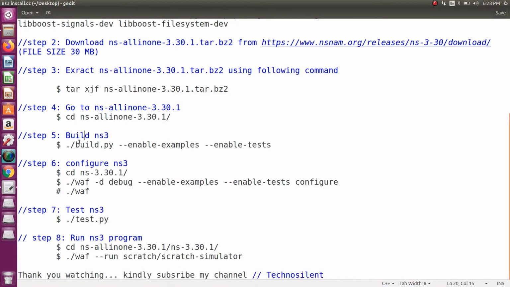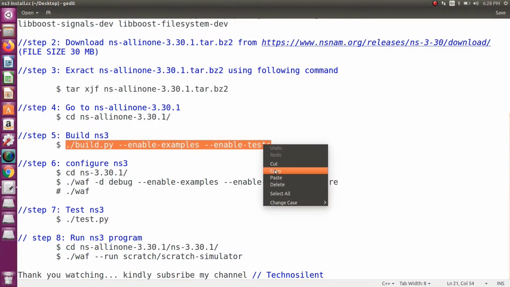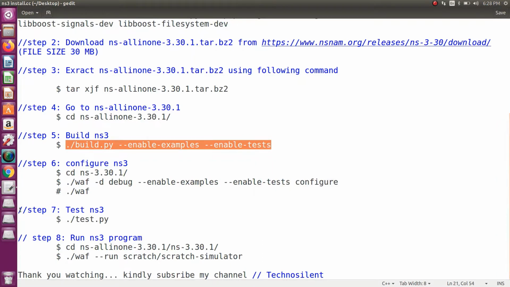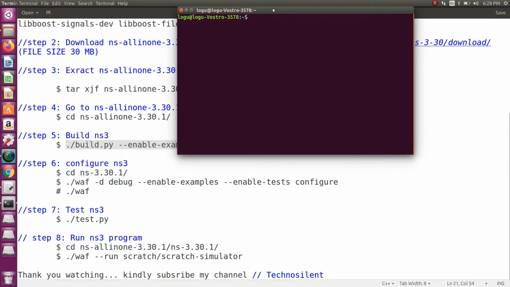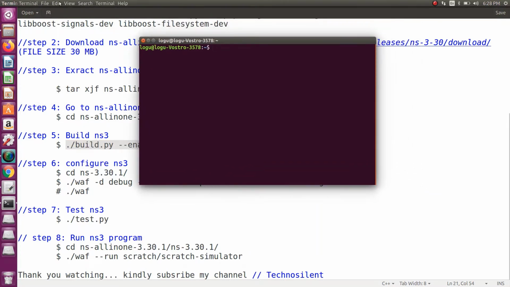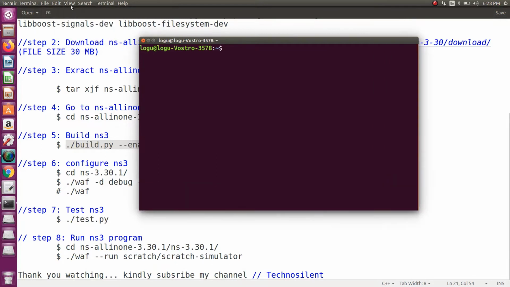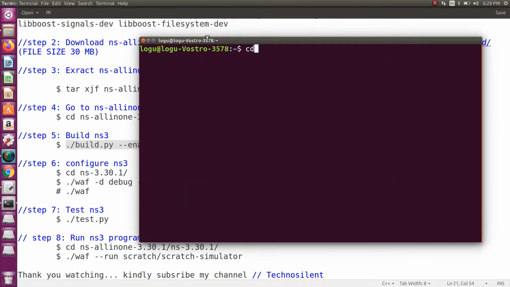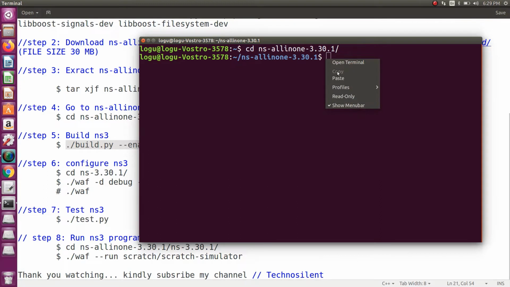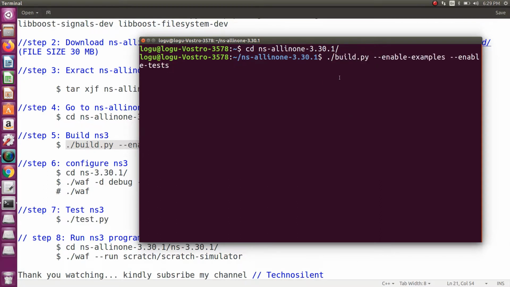Then step 5, we want to build NS3. Just copy this, then paste. So cd ns-3.30, then paste this command: build.py --enable-examples --enable-tests.